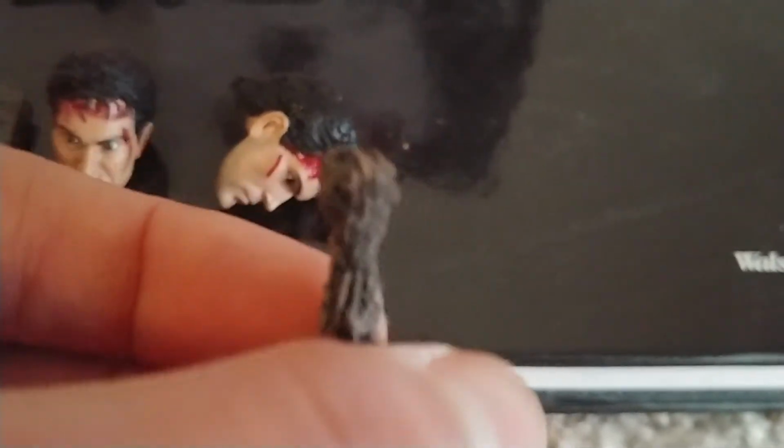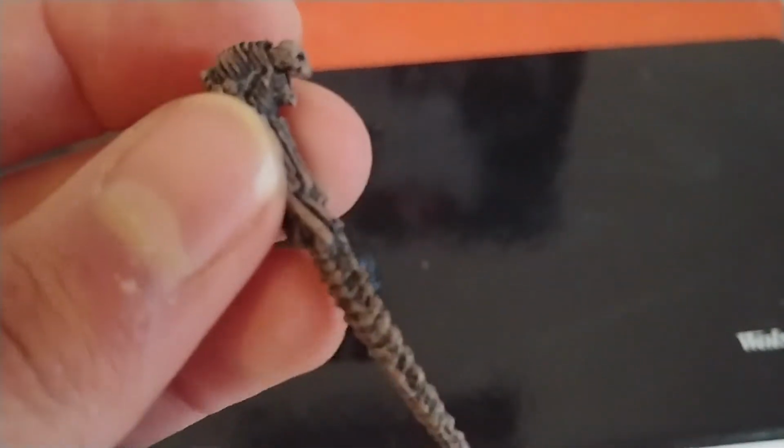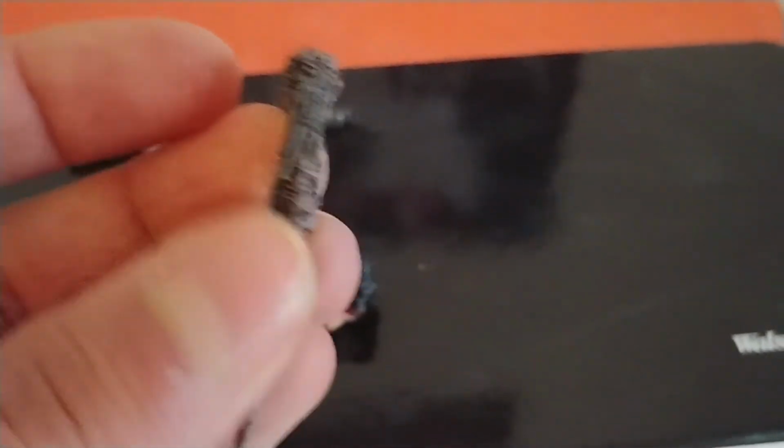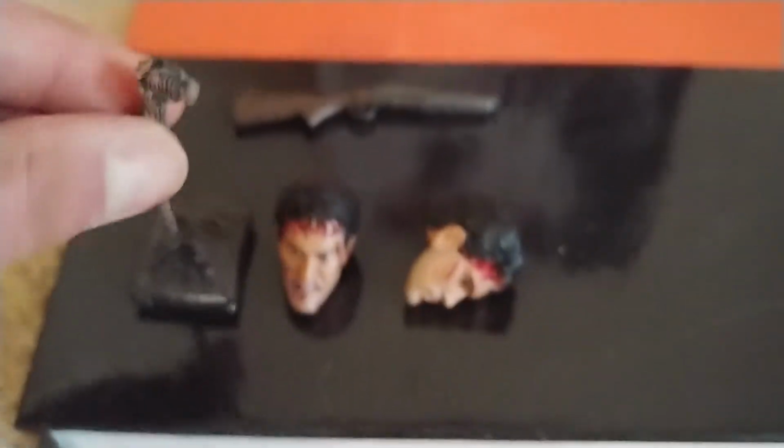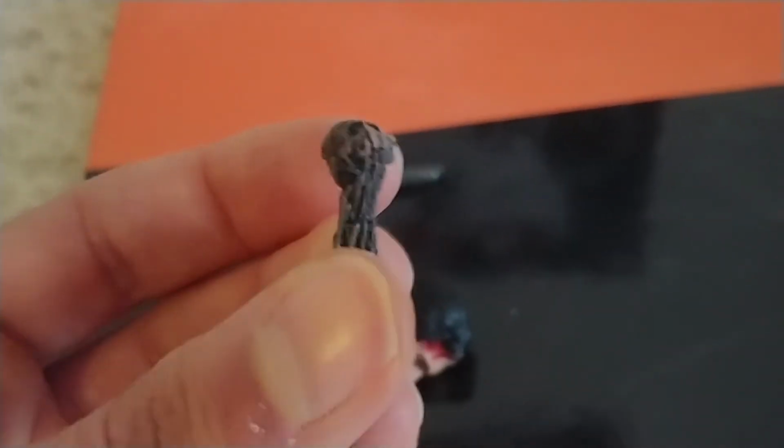I'm not sure exactly what this was used for. I don't remember, which is weird because I saw the movie not too long ago. I mean, it was less than a year, but I still can't remember exactly what this was for. It seems important though. Like, maybe stab the book or something. Nah, the book isn't like a Horcrux. This isn't Harry Potter. But yeah, just really well done on the sculpt work there with all the little different